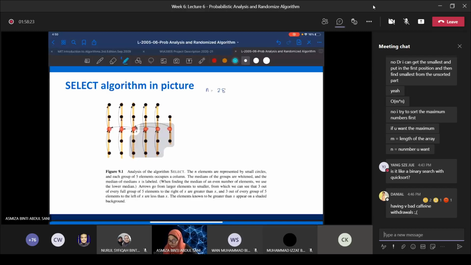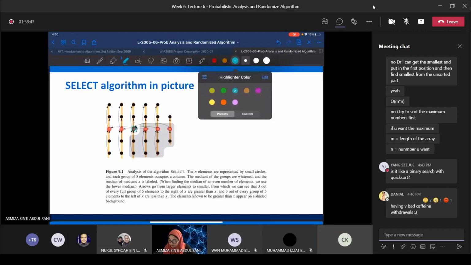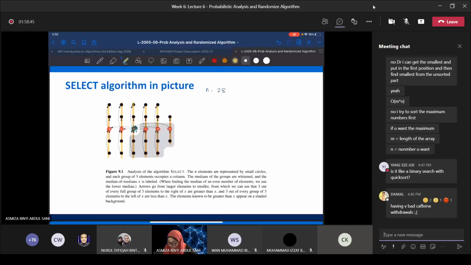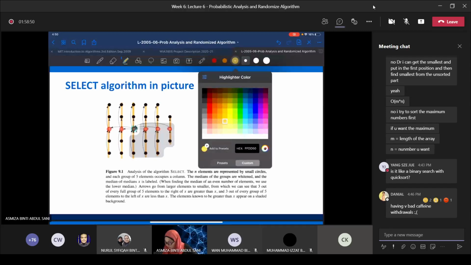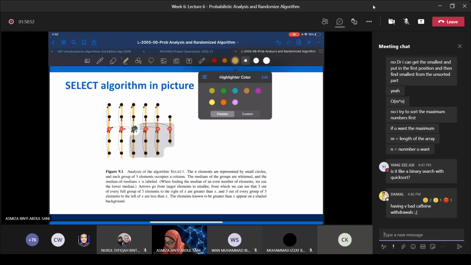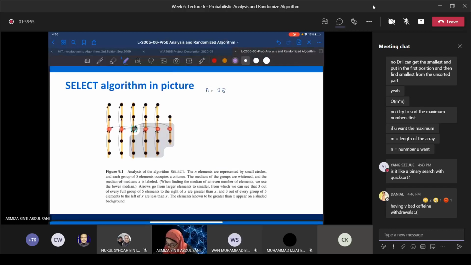So in this case, the median of the medians would be, let's say we find the lower median, since there are 6 elements of medians. So we're going to select this as our median. From here, we can say that whichever elements, maybe I will use yellow, maybe not this one. Let's use pink. Is pink nice? So we can say that whatever elements in this group